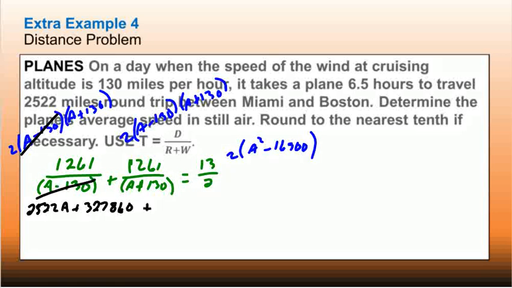And then plus over here, the A plus 130 cancels off. 1261 times 2A is 2522A. And then this would be a minus